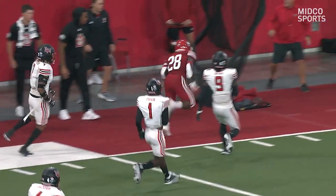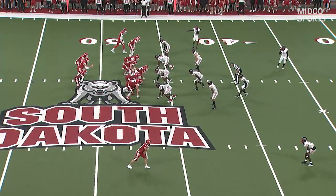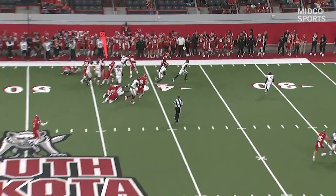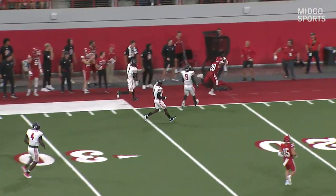So, Thomas gets the credit for the carry here. But this two-back set was really a big formation they used a lot this game, where you're making Tice block, you got receivers blocking downfield, and that's really what it takes to get the run game going. You need guys that are willing to do their job and are unselfish, because once everyone does their job in the run game, as we saw in the previous play, it starts to open up things in the back end